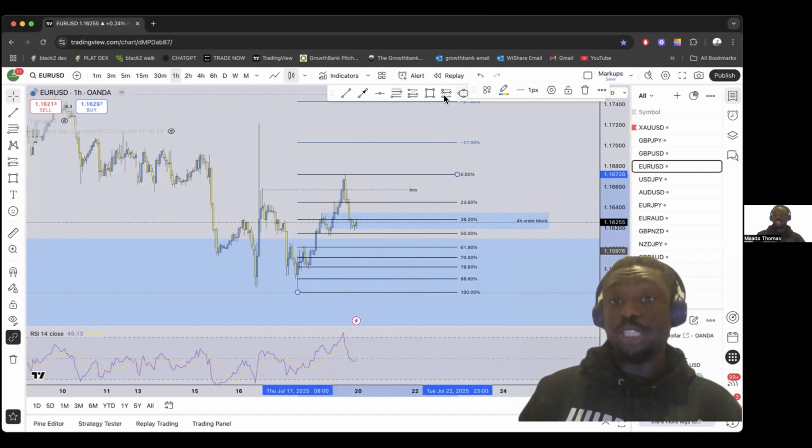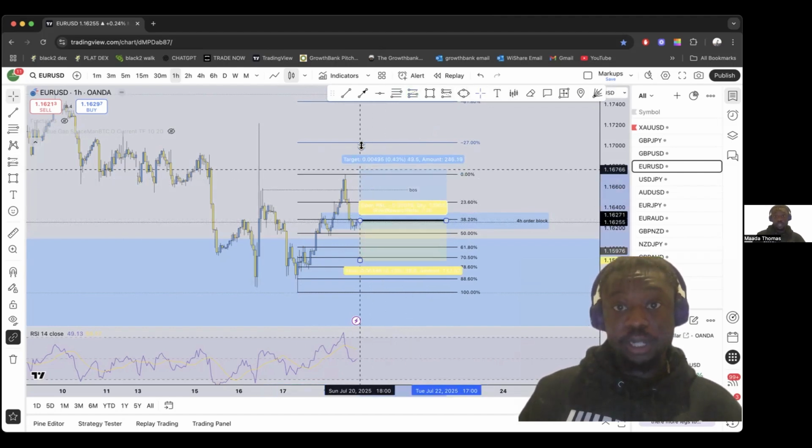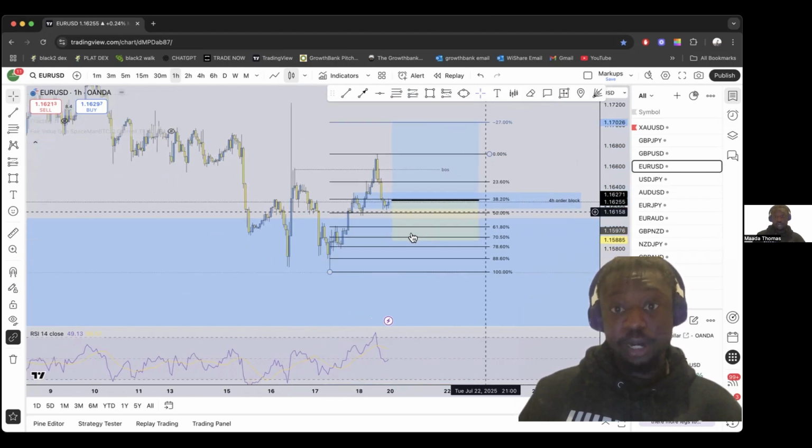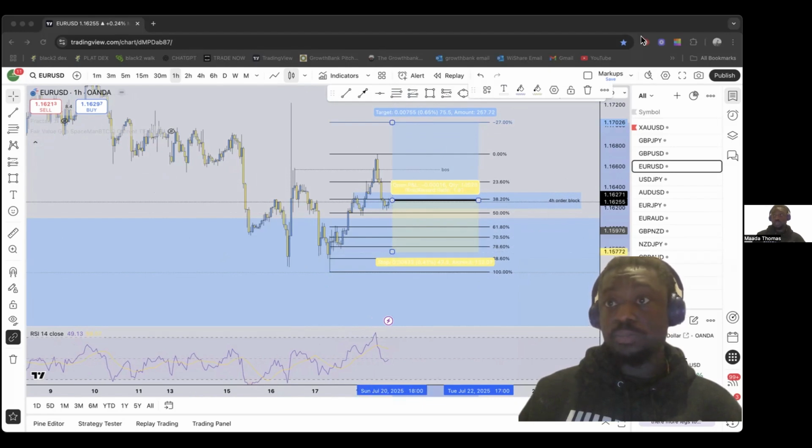right? But if we were to just make a trade idea based on this, it would look something like this, right? We would go to the negative 27, right? Then ideally we would, oop,